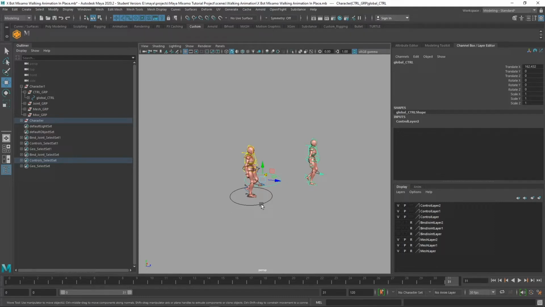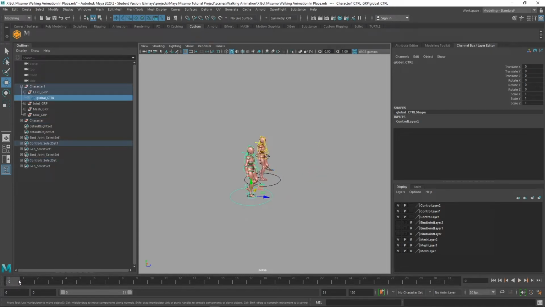But if we want to move it, what I'd recommend is making sure you understand how far you need to be moving this character, because if we were to just move the global control like you would in a game, you're going to want to make sure it's making sense and matching to the speed of the character. So the nice thing is that since we actually have the walking in place one, we could compare the distance that it would need to travel. So what I'm going to do is I'll start a keyframe on the global control,